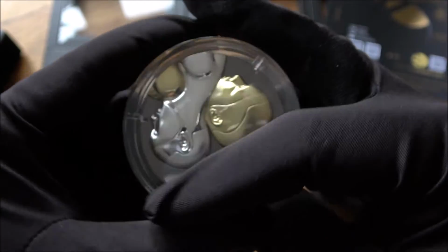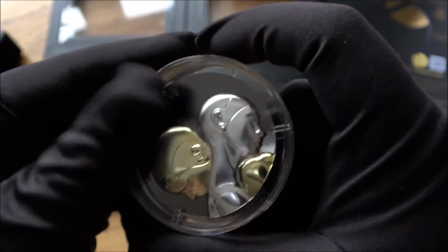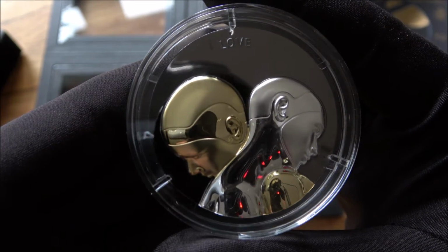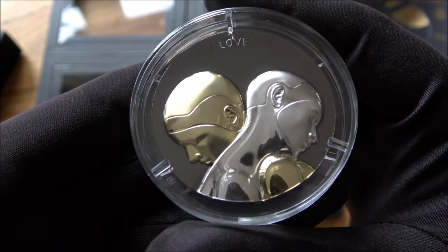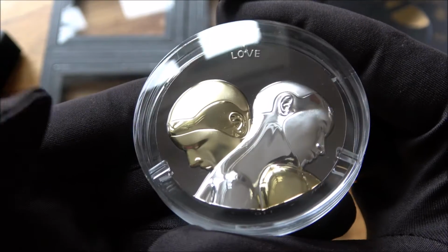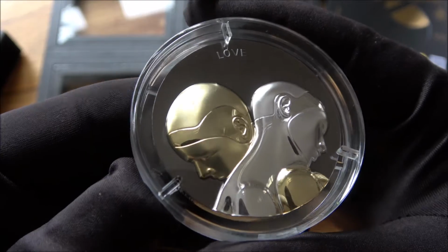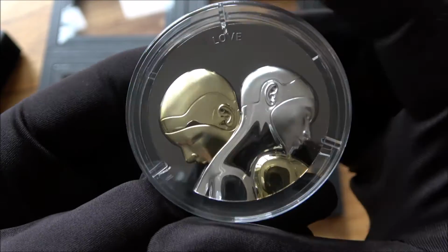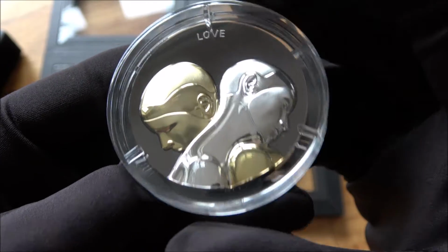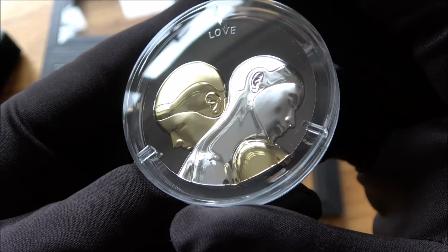So that's kind of cool. I do like having the edge lettering on these types of coins. The gold finishing is fantastic. There's no kind of bleeding over the edges that I can see, which you sometimes get on lesser quality coins. It looks like a nice thick gold plating as well, which is always great to see. Got the black obsidian finish of the background of the coin with the beautiful glossy silver finish there of the